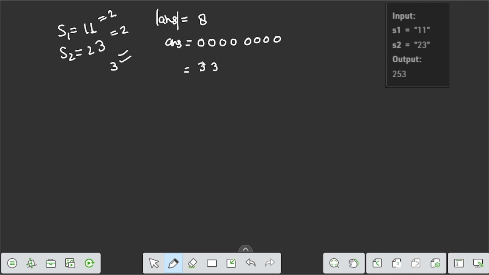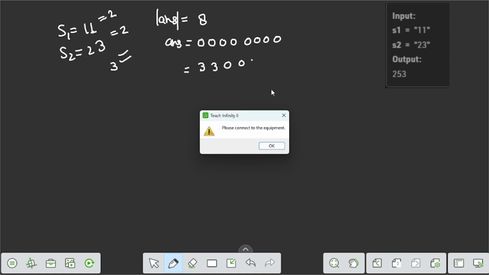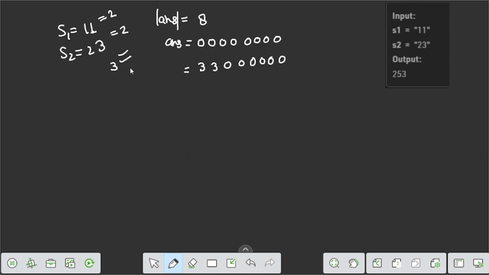So in the next iteration, which is 2, we perform here, and we increase the count of our answer variable. Now 2 into 1 is 2, and carry is 0, so 2 plus 3 is 5. And again 2 into 1 is 2, plus 0, which is 2.